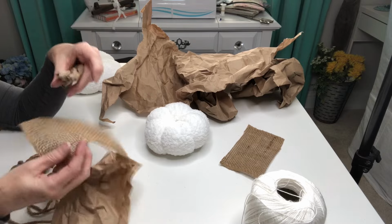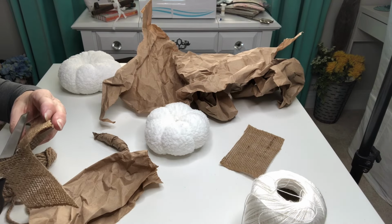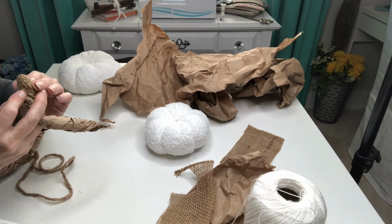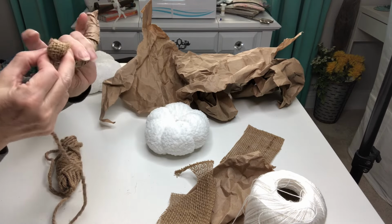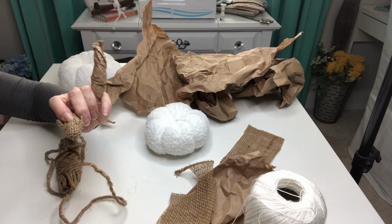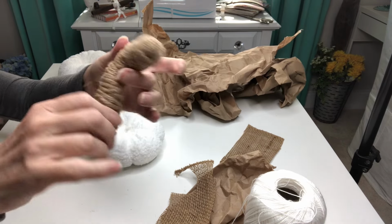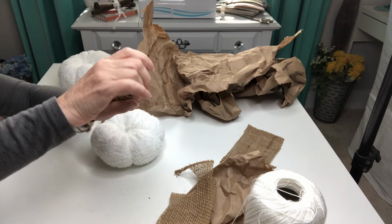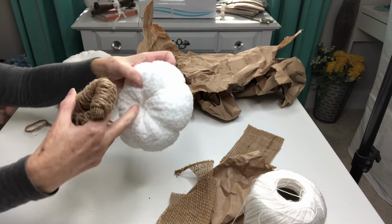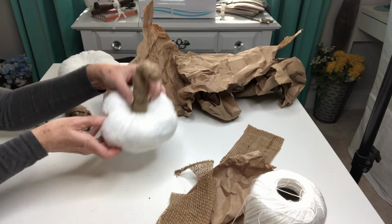The Pottery Barn pumpkin featured a little bit of burlap at the very top of the stem. And just add a little bit of glue and glue that into place. And I'm going to start gluing that, and we're going to cover the entire piece, wrapping this all around to create our finished pumpkin stem. So after getting this wrapped, you can adjust the look to however you want your little stem. And then I've left a little bit of that uncovered and pointy, so then I can stick that into the pumpkin itself,